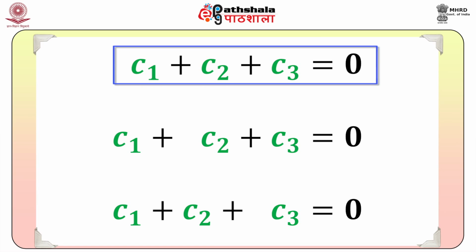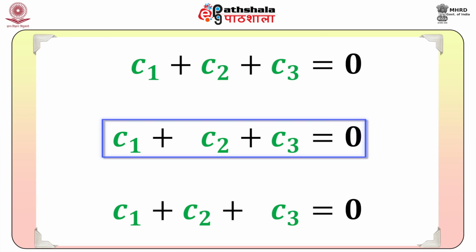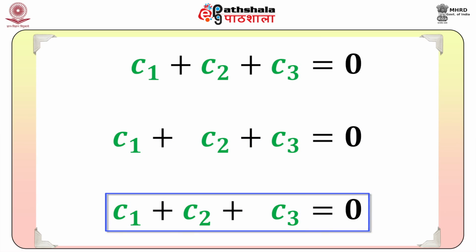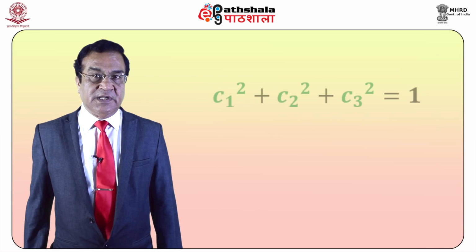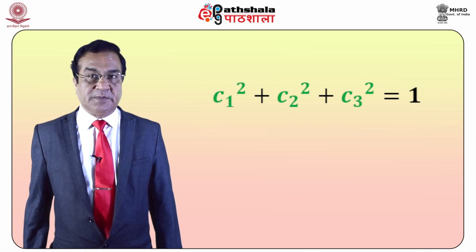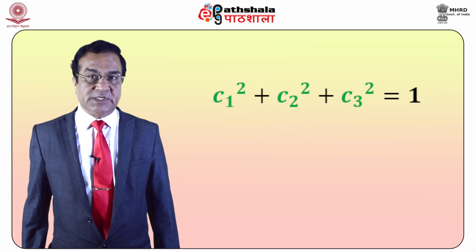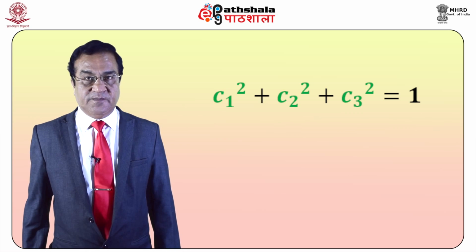C1 plus C2 plus C3 is equal to 0. The second is also C1 plus C2 plus C3 is equal to 0. And the third is also the same. So the question is how to calculate the values of the coefficients. Of course, there is one condition of normalization, and that is C1 square plus C2 square plus C3 square is equal to 1. But then how to calculate the values of the corresponding individual coefficients C1, C2, C3 for lambda